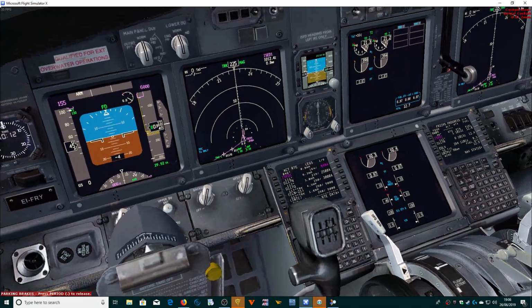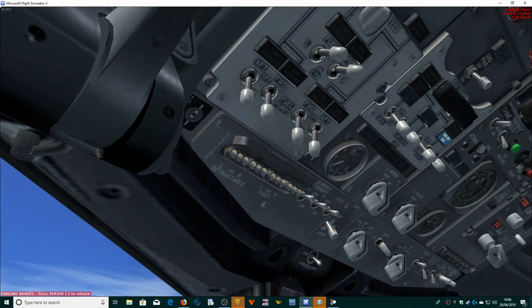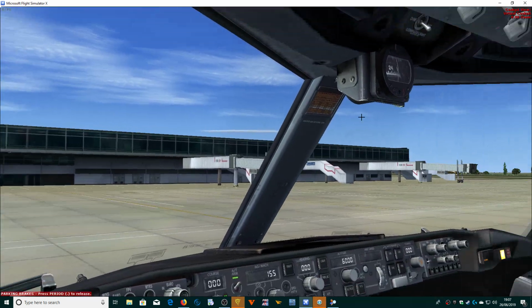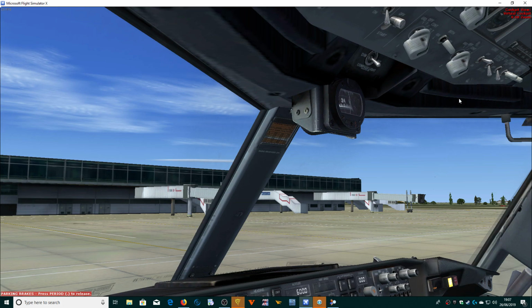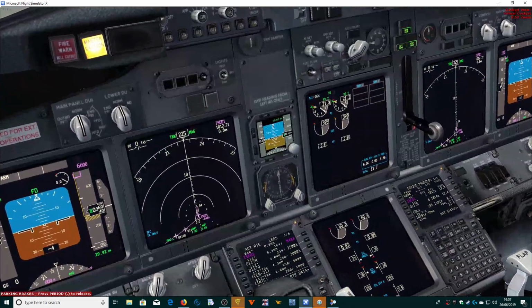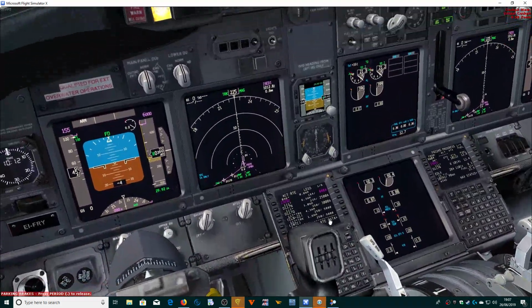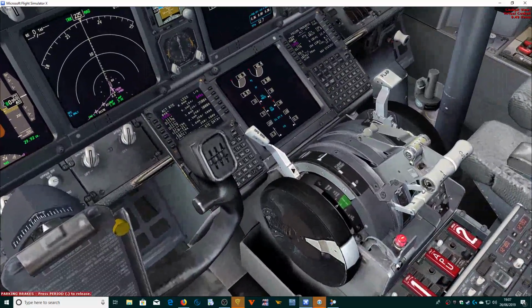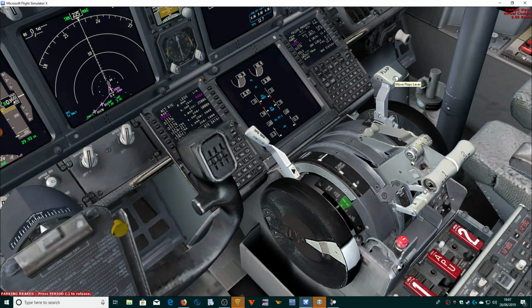Okay, so we should be ready now, I think. So let's go ahead and get it onto that, which means I can switch the APU off. Lovely. Right, I was able to do that successfully. Get the taxi lights on, that in continuous because we're on the ground. I'm glad I was finally able to actually figure out how the engine started. Again, as I say, it's been a very long time since I've actually flown this aircraft, so